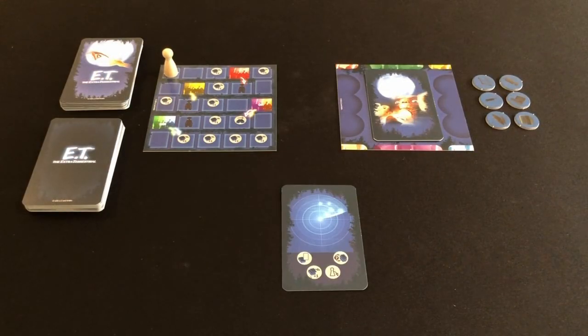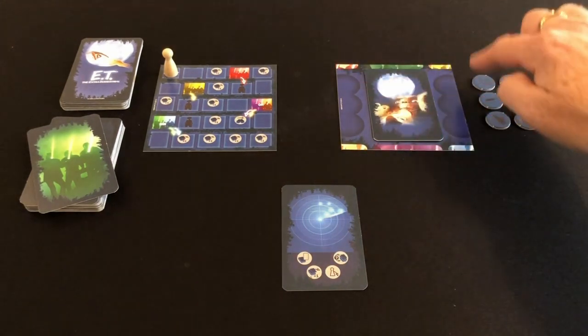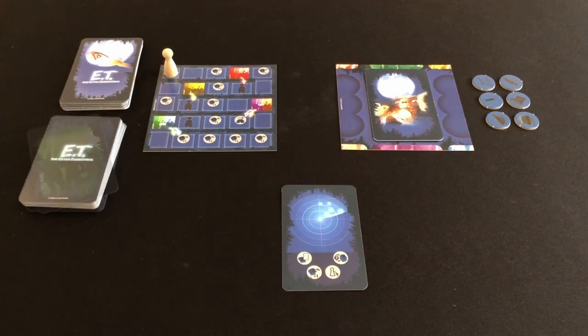First, we flip the top card of the action deck. It's a green agent card. If we were to draw that card from the deck and have to play it, we would have to place it over here on our tracker board, and that is a problem for us because we don't want agents. What we can do, as we have drawn the radar card, is we can place that card to the bottom of the deck. And now we resolve the third icon on our action card, which is to draw the top